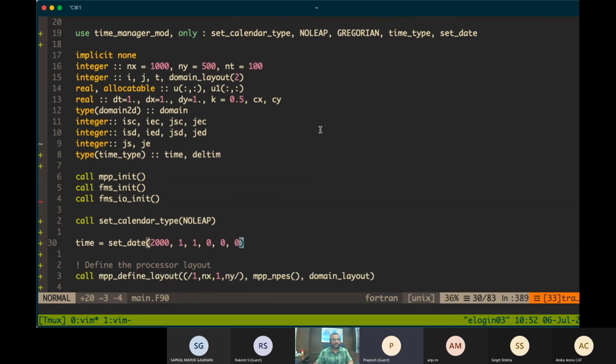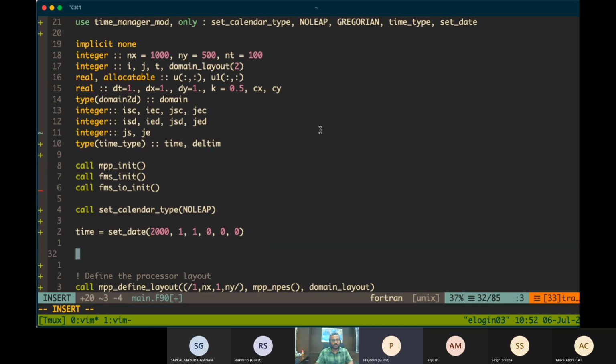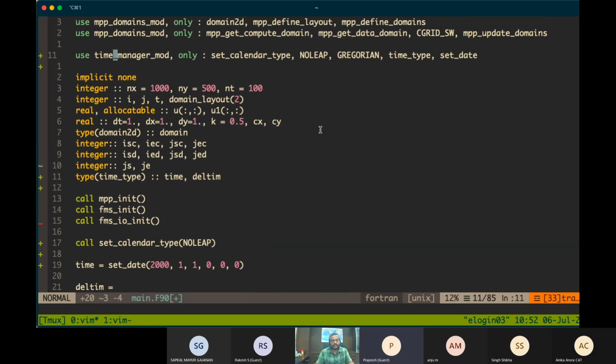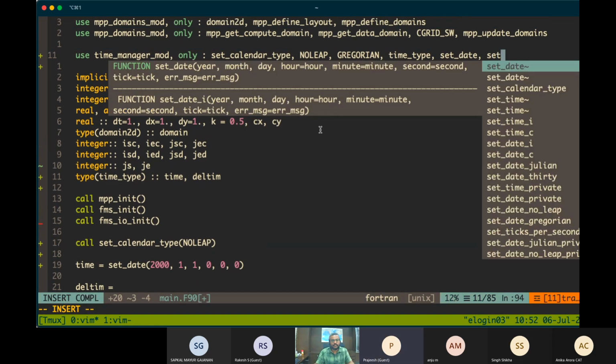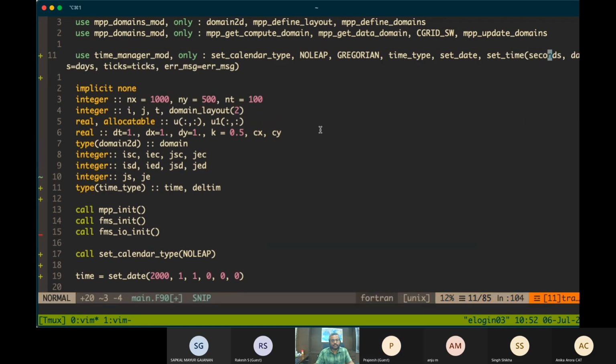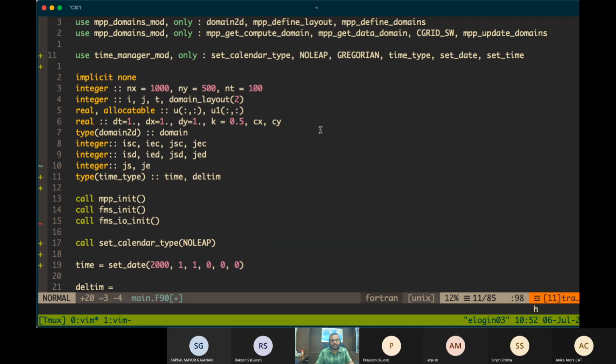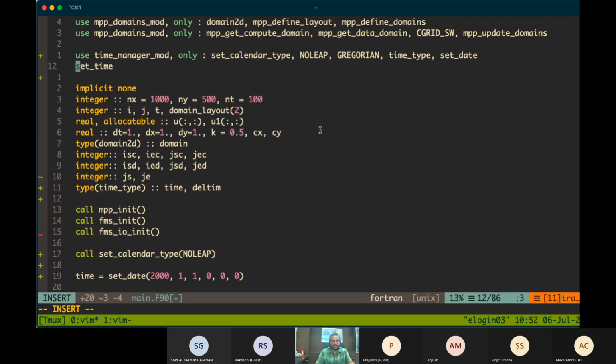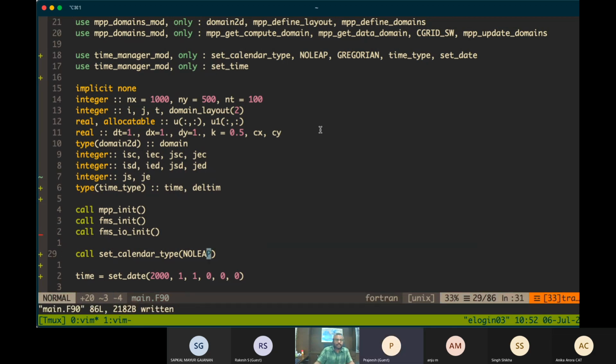Now, another thing we have to decide is what the time step is. For that, we have to use another function called set time.